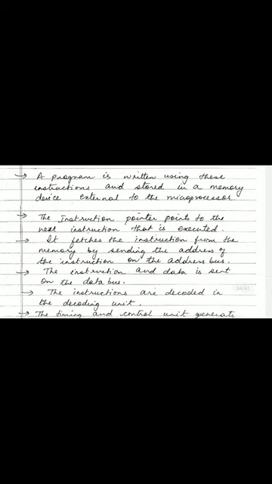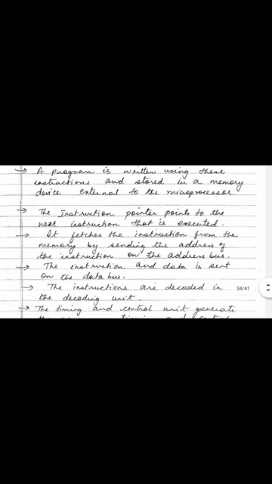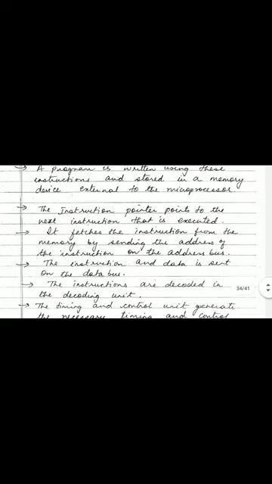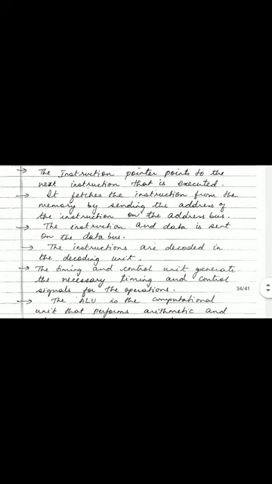Next, a program is written using these instructions and it is stored in the memory. Instruction pointer points to the next instruction to be executed. Once the first line of instruction is executed, it automatically goes to the next instruction with the help of the instruction pointer. It fetches the instruction from the memory by sending the address of the instruction.